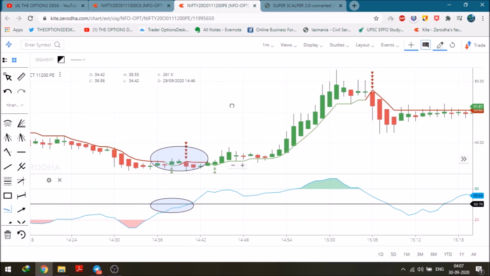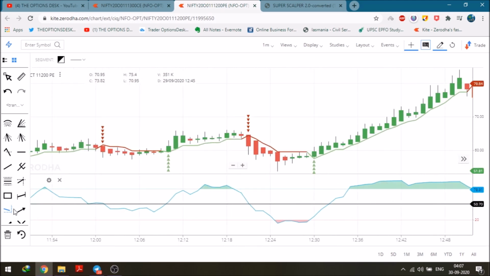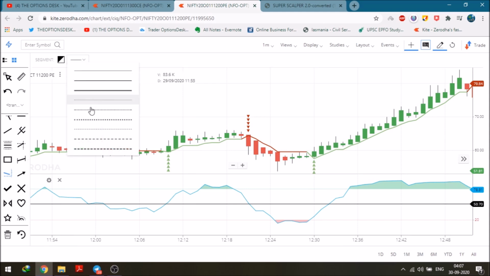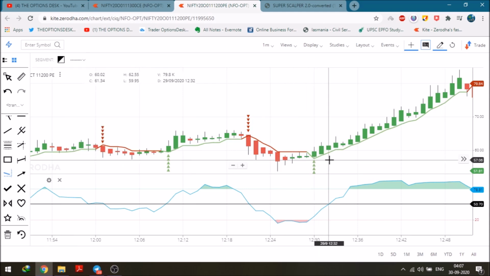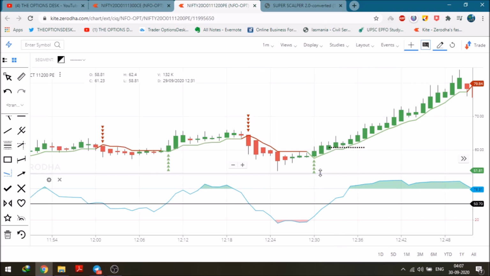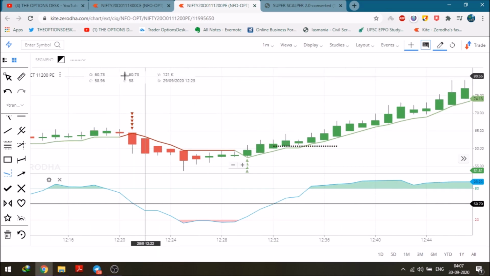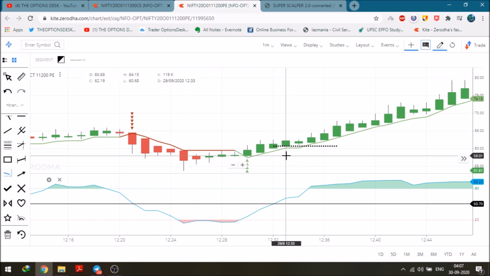Let me go to any random trade. Let me mark the segment. Okay, so this was my entry. Even if I took an entry at this particular point, this is my stop loss. The low of this candlestick, you can see here the open, high, close and low, volume and date and time. This is 12:33. You can see 60.68 is my stop loss. Even if I entered at 62, what is my stop loss? Not even 2 rupees, 1 rupee 40 paisa if I entered at 62.